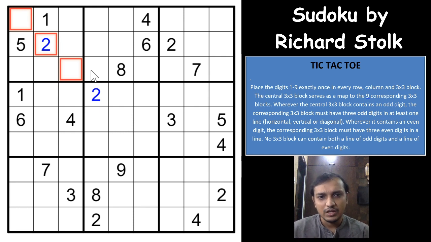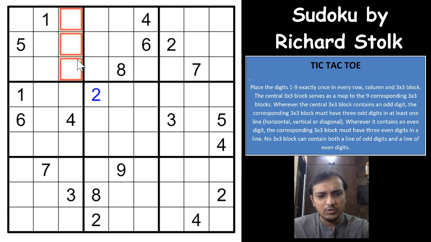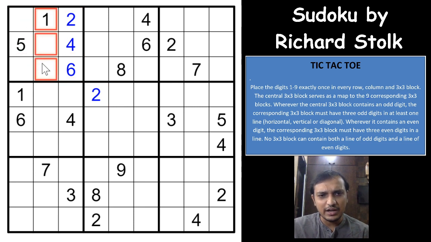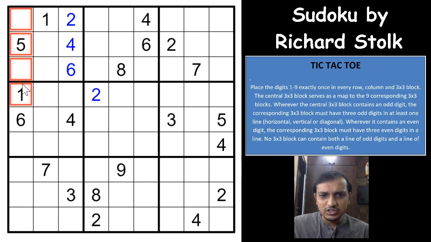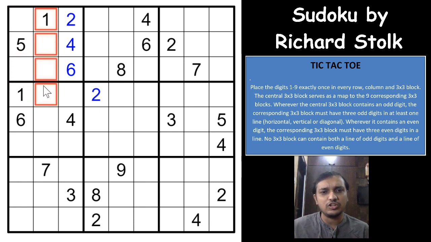So why is it so? Let us assume you have even digits in a horizontal or vertical line. Let us assume you have a 2, 4 and 6 here. So assume you have a 2 here, and you form a straight line of even digits this way, horizontal or vertical. What happens here is that the fourth even digit will either be in this line or this line, and the other line will surely have 3 odd digits in a straight line. So you have to place 5 odd digits in this 6, right? So either this line or this line will surely have continuous 3 odd digits, and according to the rules, a box cannot have both even digits and odd digits in a straight line.